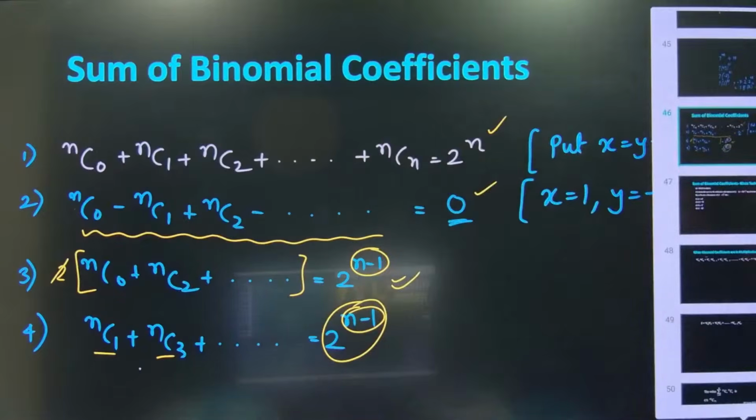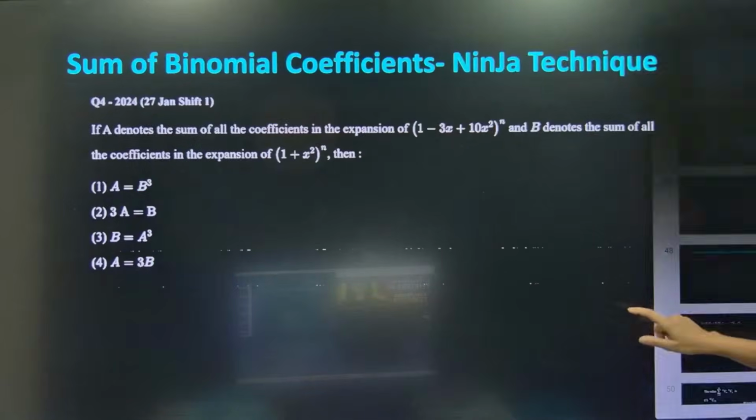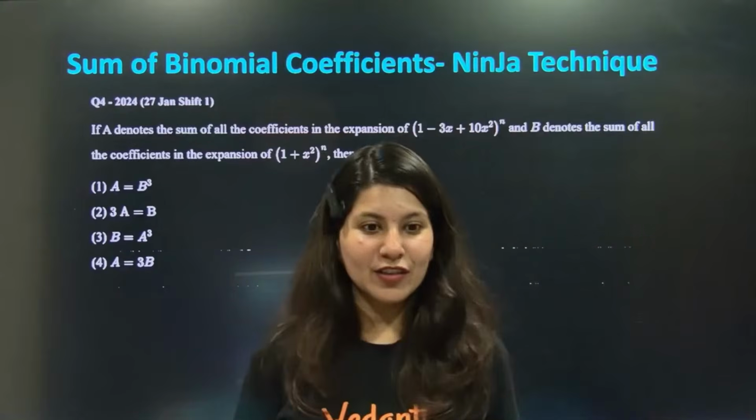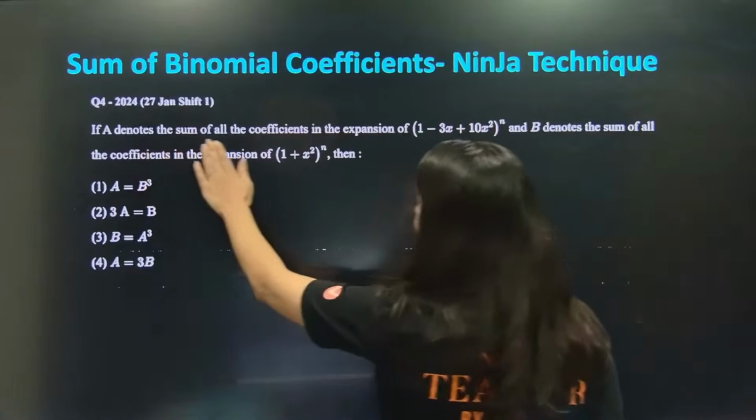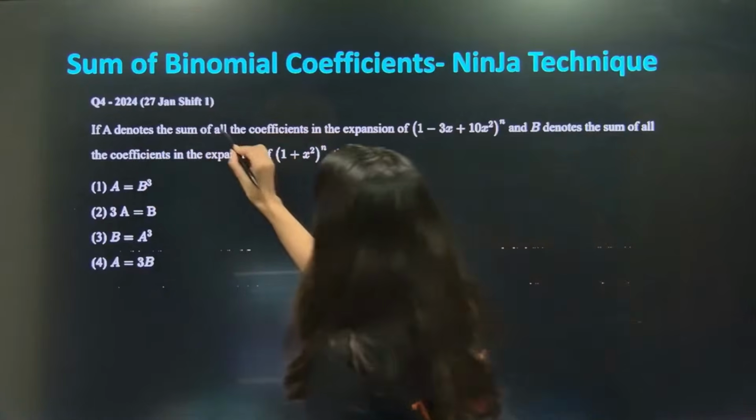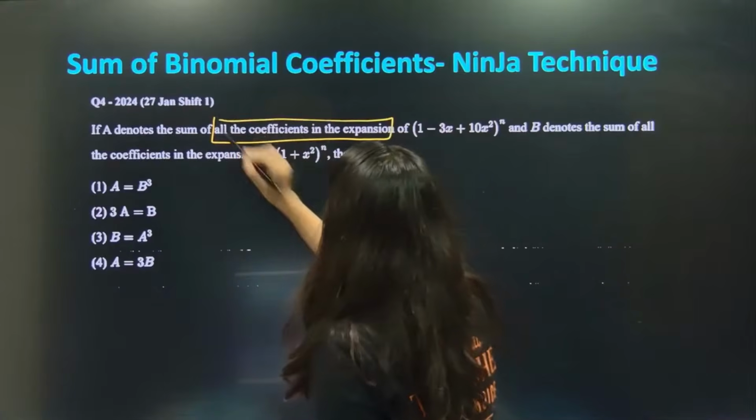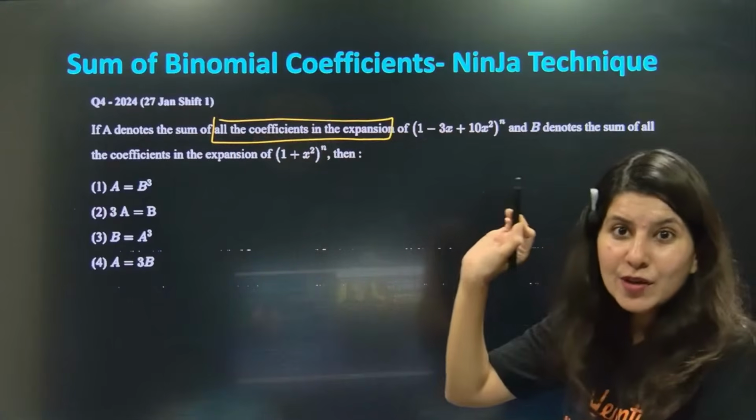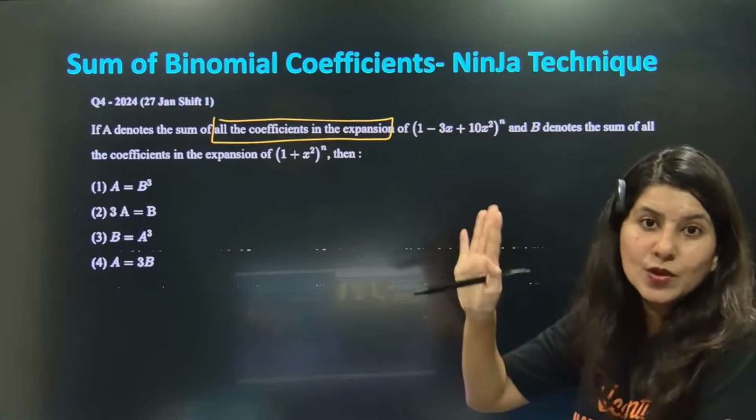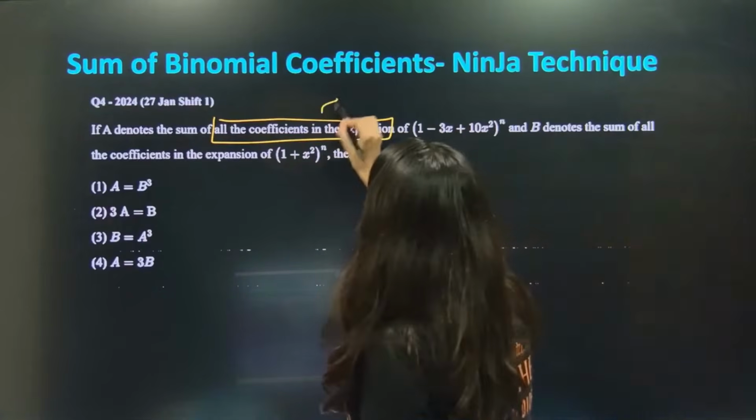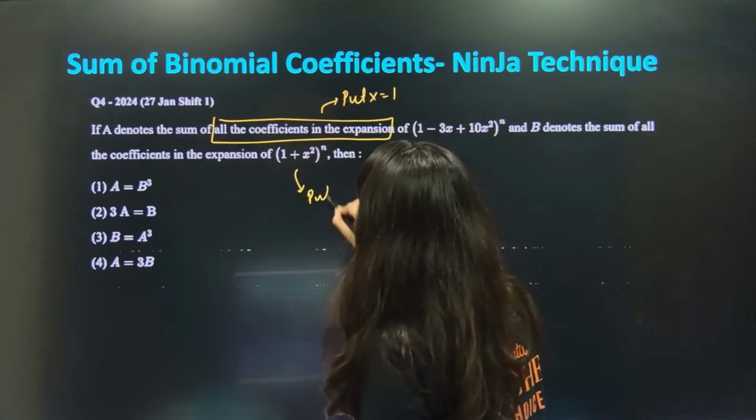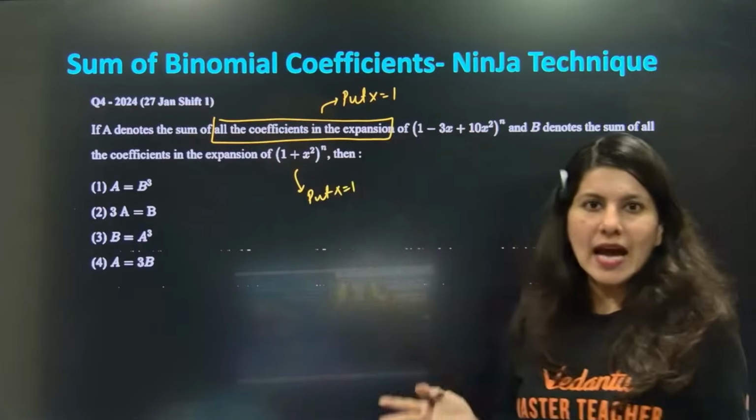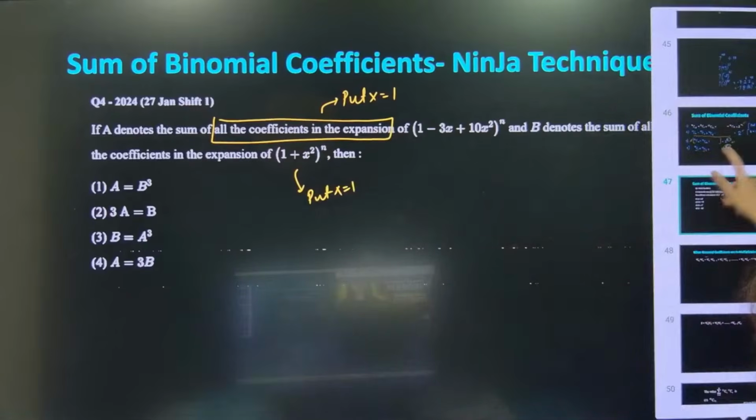Alright, so this is how it is. Okay. Now one question on your screen in a similar manner. My favorite question, my dear students. If A denotes the sum of all coefficients, whenever they are asking this, just put all the values of x, all the variables, as 1. Put x equals 1, and here also put x equals 1. The moment you put x equals 1, what happens is, just like this particular first,